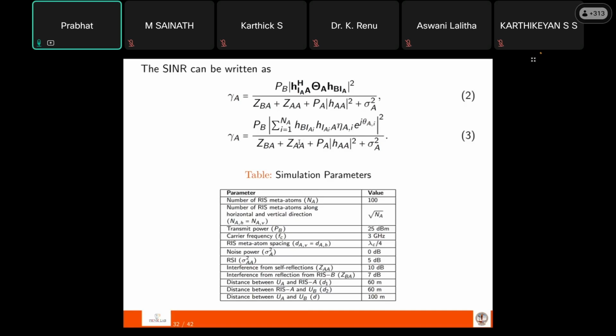I'm not going into the details of further derivations, but using these SNRs, you can derive the statistics of SNR, and then you can derive the performance metrics. Different metrics, different performance criteria like outage probability, then throughput, goodput, capacity, then BLER, all those things. All those things can be derived using these expressions. For simulation parameters,